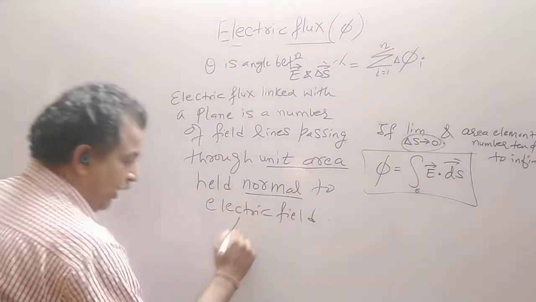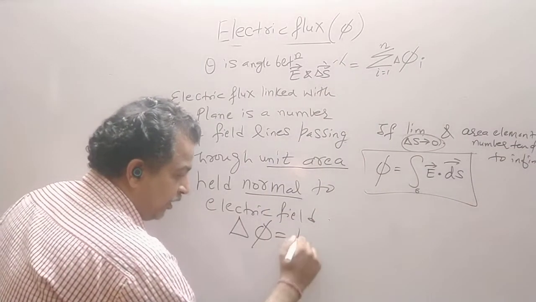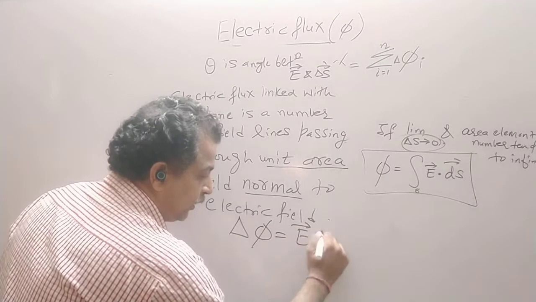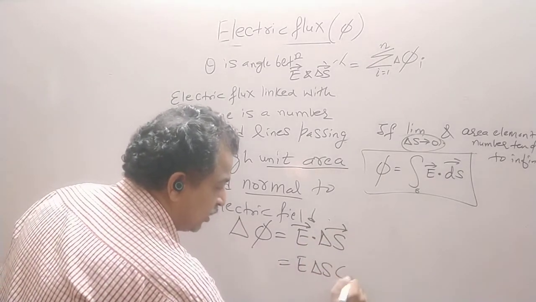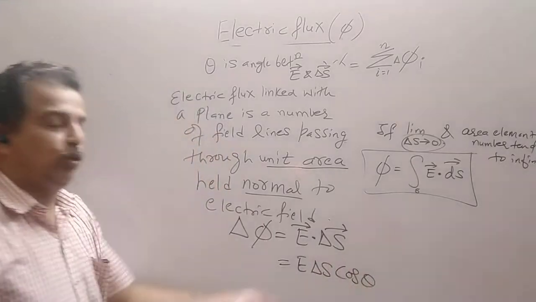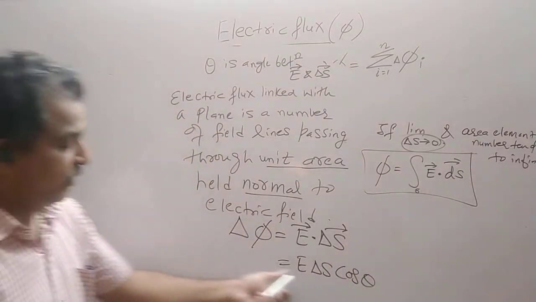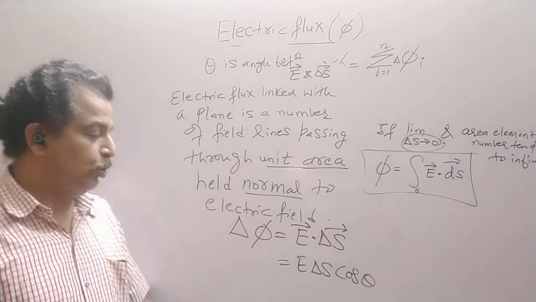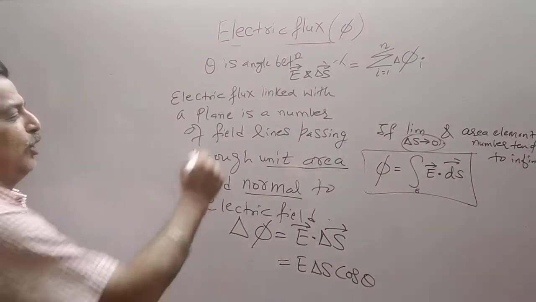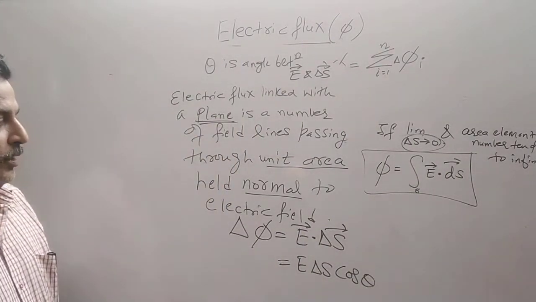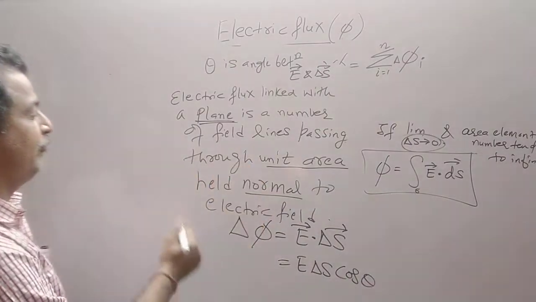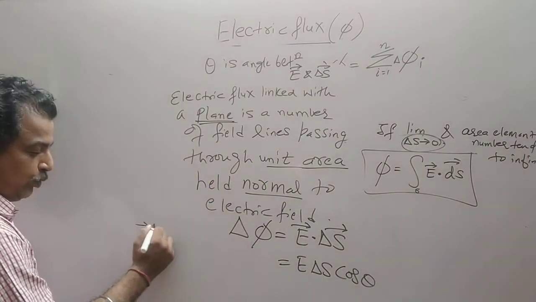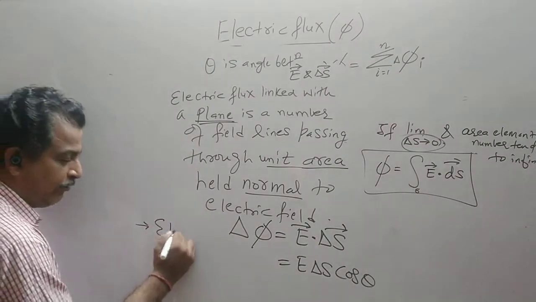So for a small area element, the electric flux is E dot delta S, which is E delta S cos theta. If you want to find out the total, you do the summation of all the elements or you do the integration. So this is for a plane surface, the number of field lines passing through unit area. And what does this number of field lines give? It gives, or electric flux